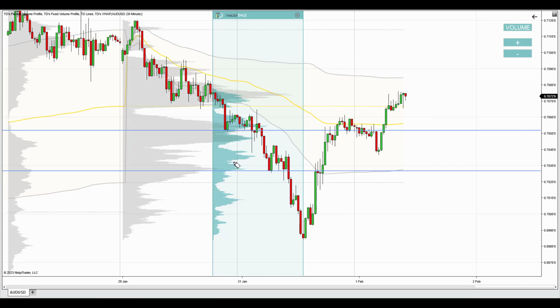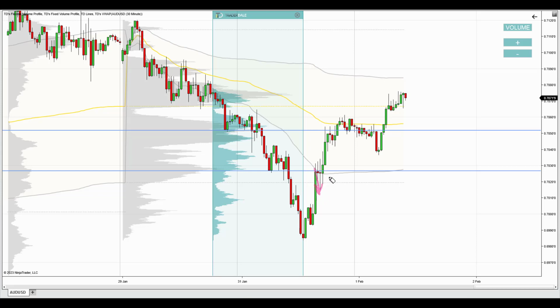First level was based on those volumes and also on the first deviation of VWAP up right here, that gray line. The second level was based on this heavy volume cluster. I think that we best look at a 1 minute chart to see how the price reacted when it hit those levels, because for example in here we are looking at a 30-minute chart, and the reaction is not really visible,